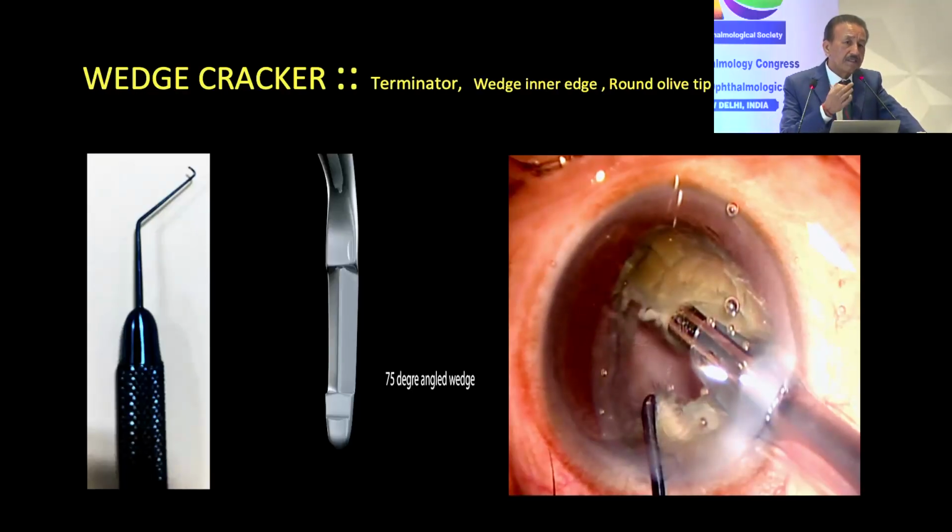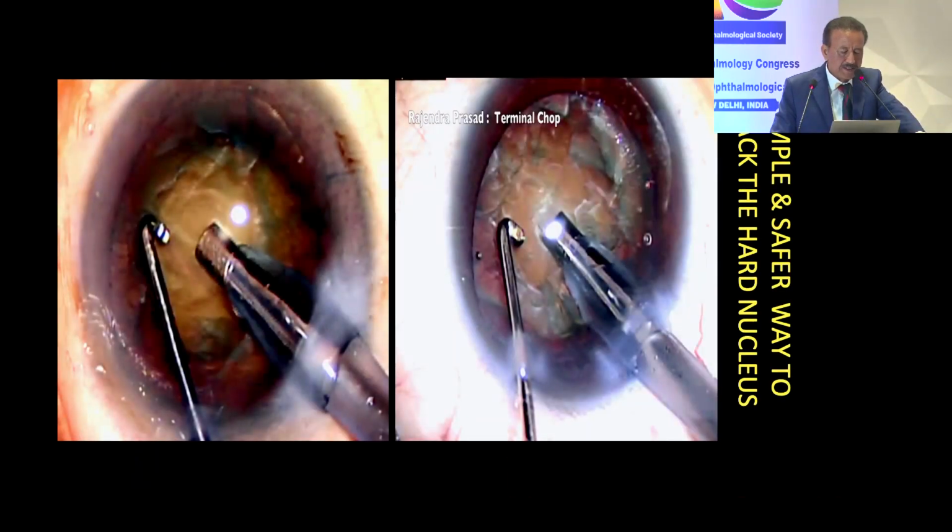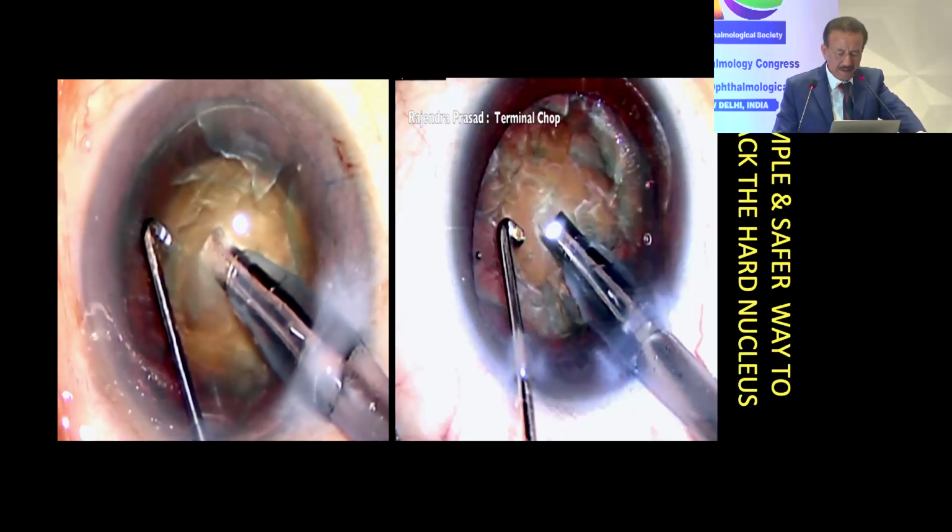You are just cracking the nucleus at the equator, and this crack, which happens at the equator, transverses to the center, and you get a complete splitting of the nucleus. Like if you have a block of glass and you crack it from the equator, you get a complete cracking. This is what happens with this cracker, and you can see these are other cases,